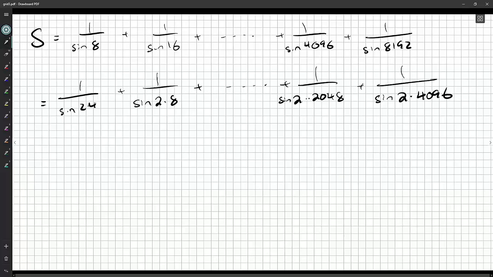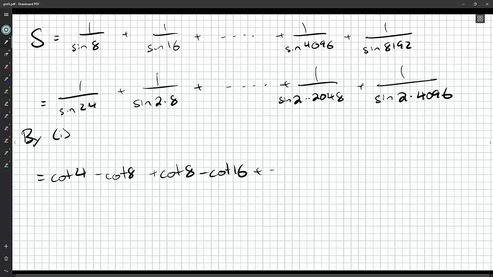Okay, but now, by 1, this turns into cotangent 4 minus cotangent 8, and then plus cotangent 8 minus cotangent 16. And you can see these two are going to cancel out, and you're going to get the next two to cancel out. And so on all the way down the line, you'll get